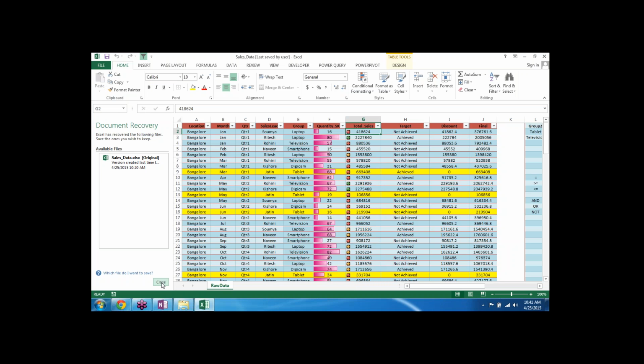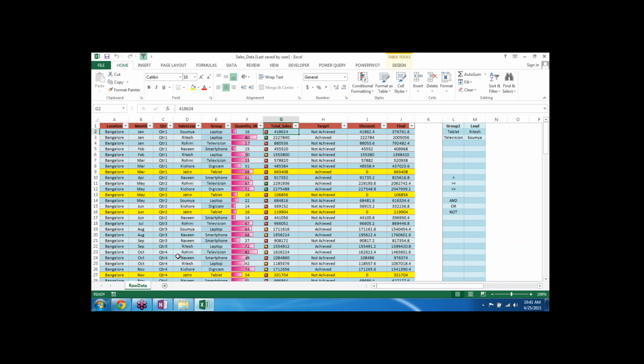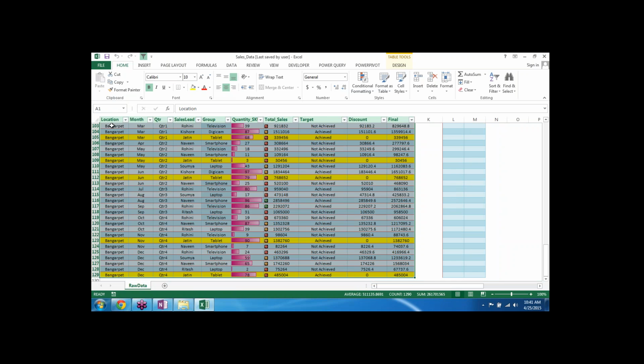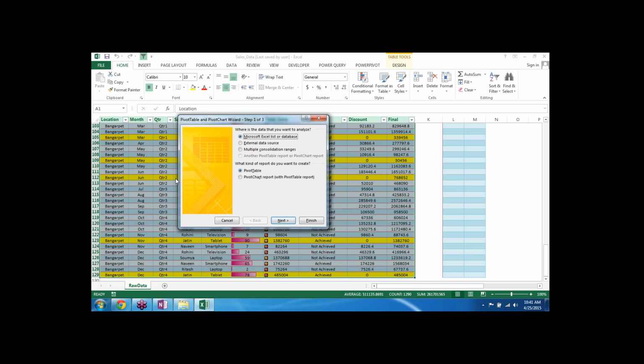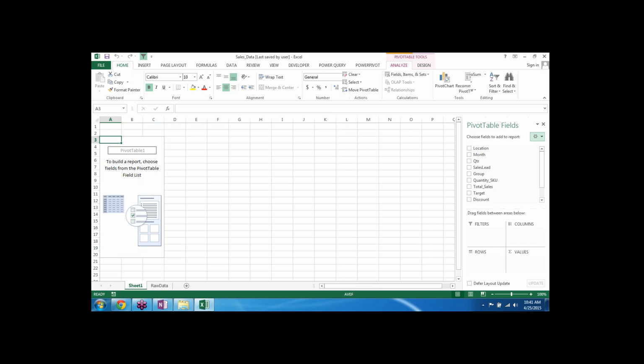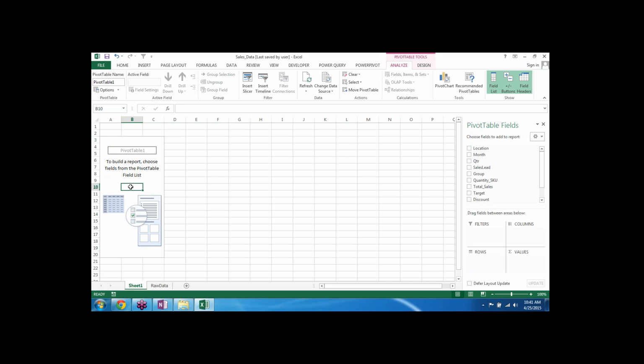Okay, so what we were saying, that if you have this particular data, immediately we can click here and press Alt D P, through which you can create a pivot. So the pivot is made, and then you see the contextual menus here, but I am saying don't go by these options.